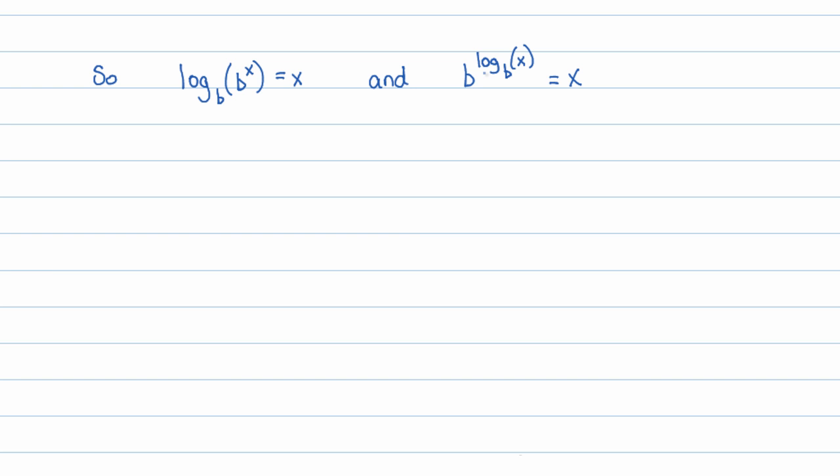So, we find out that log base b of b to the x power is just x, and b to the log base b of x is equal to x. In other words, the logarithm base b of the exponential function that's base b returns the input, and the exponential function base b raised to the logarithm base b returns the input. That is, the logarithm undid this exponential function, and this exponential function undid the logarithm,